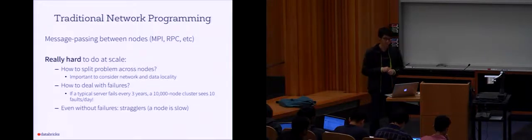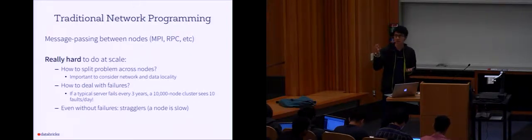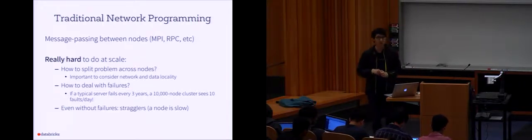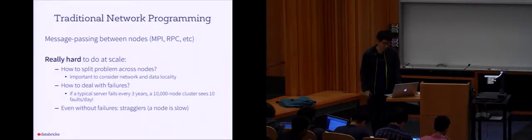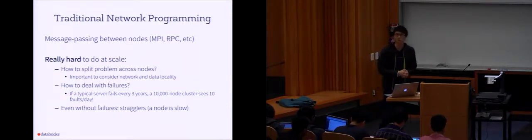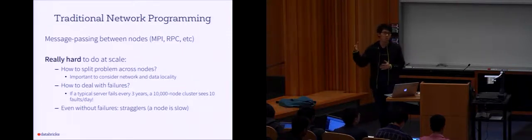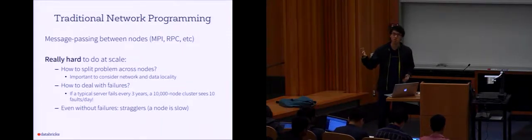This includes, for example, how do I propagate my binary file to each of the nodes? And once I propagate them, how do I decide which node is going to handle what data? And at Google scale, failures are fairly frequent. If every hour you might have something that fails, maybe you actually need to take that into account rather than just retrying every time. And even without failures, it is very likely for stragglers to happen. What stragglers means is really just that one node might be slow at some point.